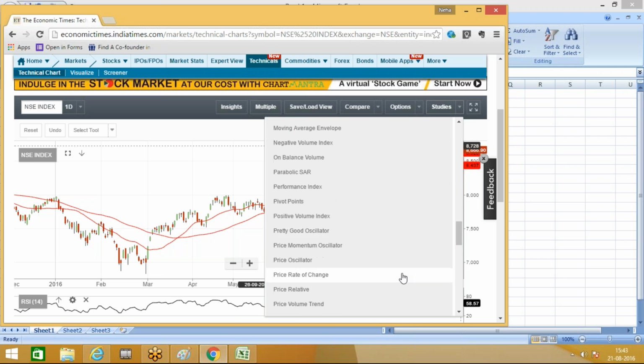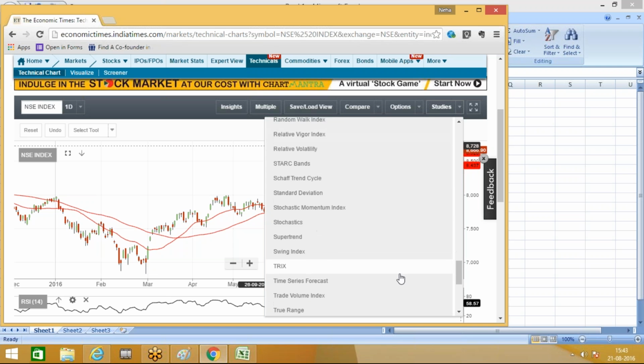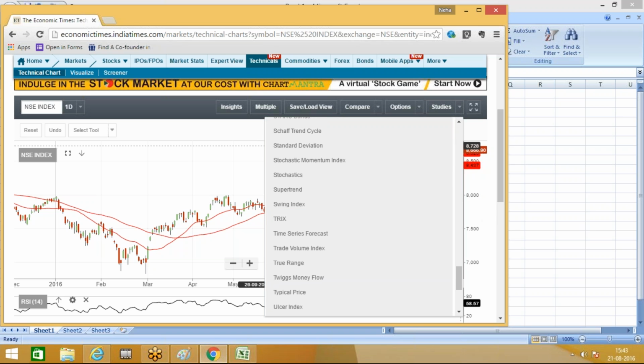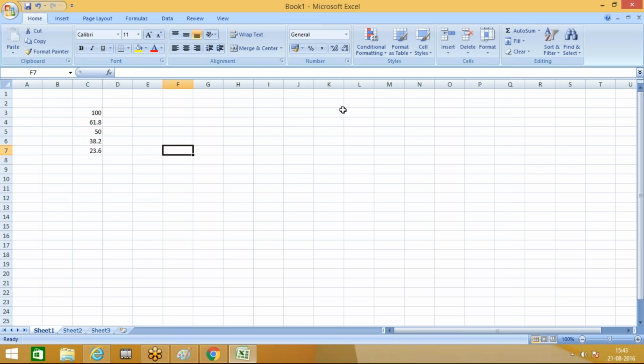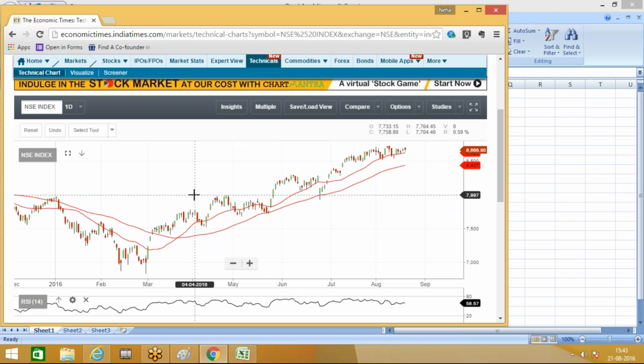Not all of them are really used all the time. Fibonacci is not given in this tool, so we cannot use it practically. But the way it will happen is, all you have to do is take the lowest point. So let us say the lowest point was 6,850. Let's just take a round number for ease of calculation,